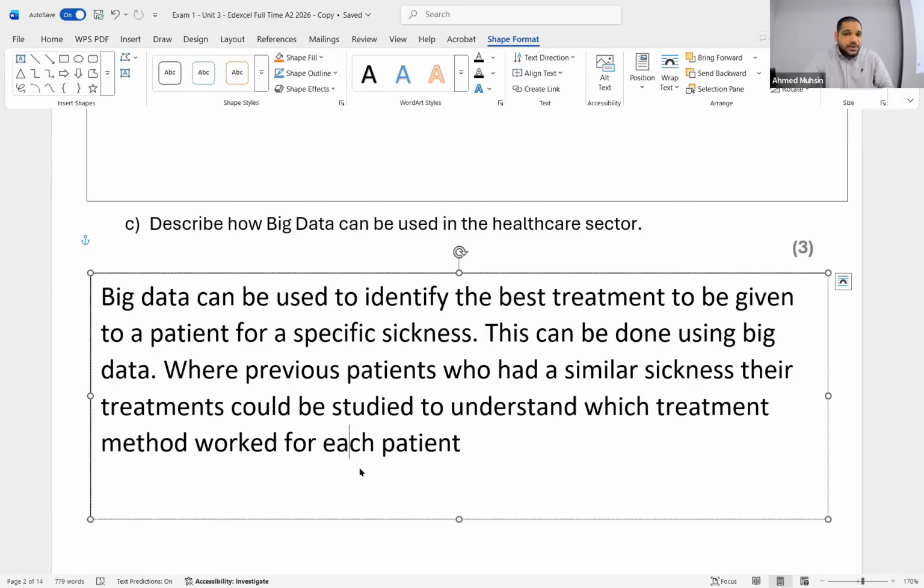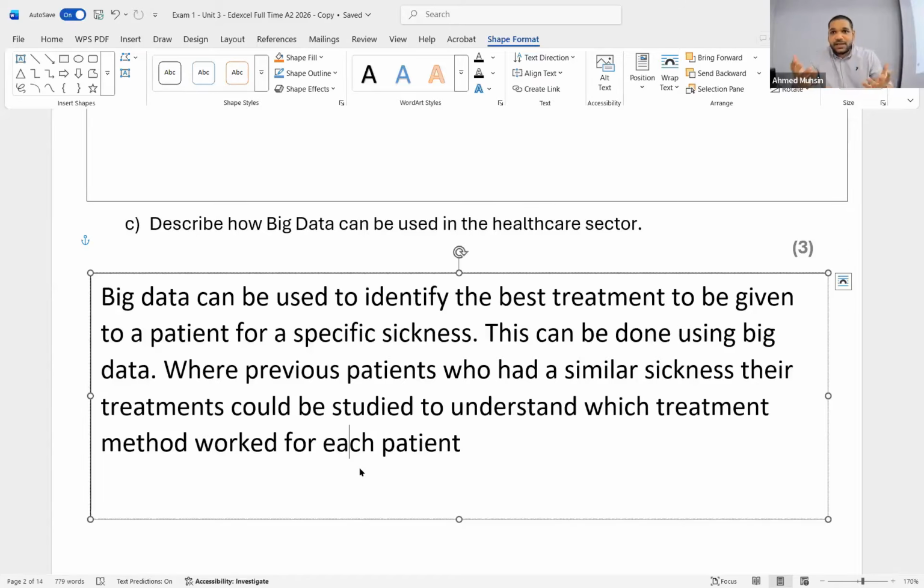Then, for example, nowadays also, we learned our lessons from COVID. Before a disease goes out of control, can we use big data to warn the people about it? Can we use big data to identify diseases that are breaking out? You can gather data from around the world to see which sickness is on the rise. Based on that, you can start warning people how to avoid it, what to do if they were to get that sickness. You can analyze data of people who got it, what they did, which one was the most effective, and you can then recommend that treatment to your country's citizens.